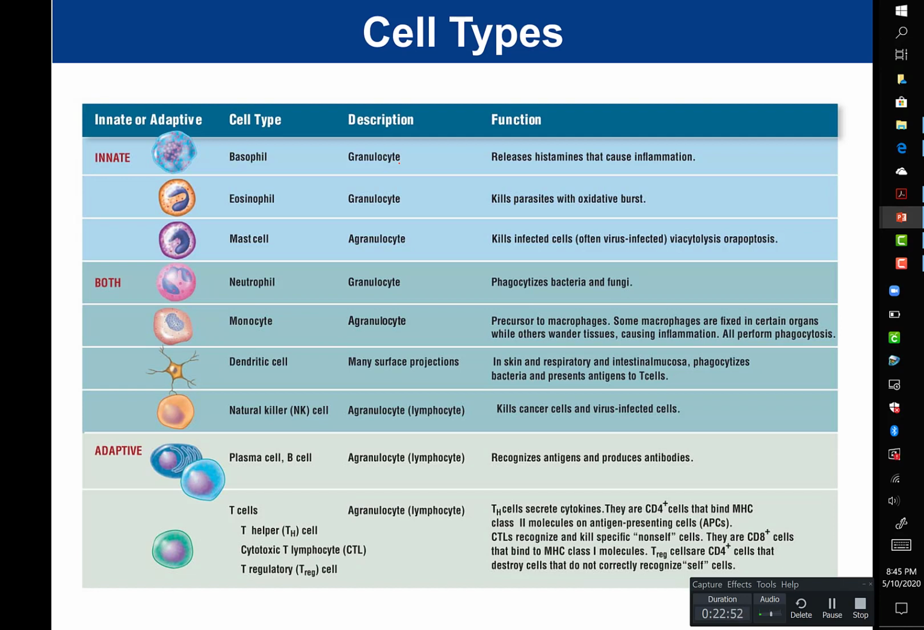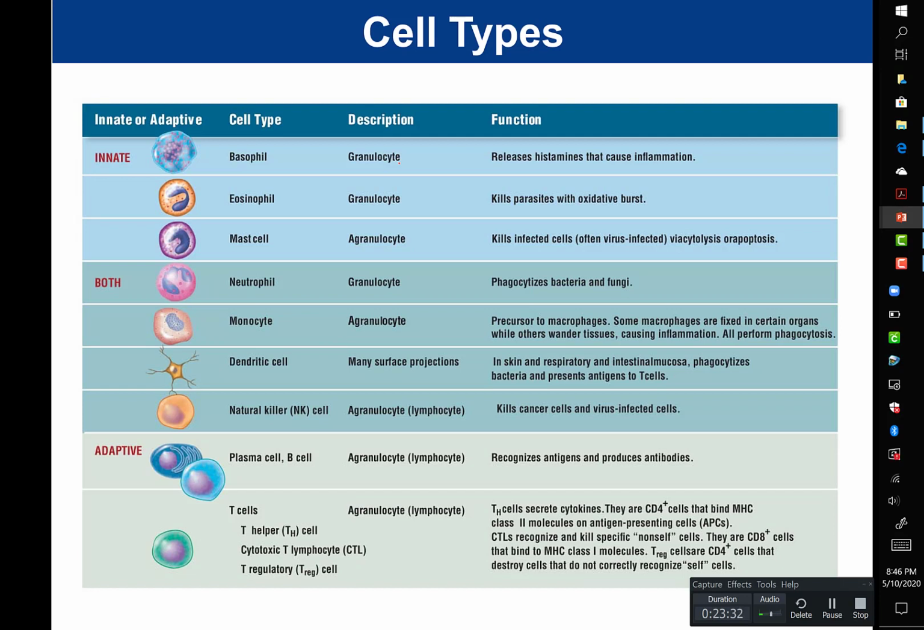So we have our neutrophils, again, granulocyte. The function of the neutrophil is that they're used to phagocytize bacteria and fungi. Remember that the neutrophils are the first responders. Those are the first on the scene when there's an infection. We have our monocyte. Monocyte is an agranulocyte, does not have cytoplasmic granules, and the monocyte is going to be a precursor to macrophages,